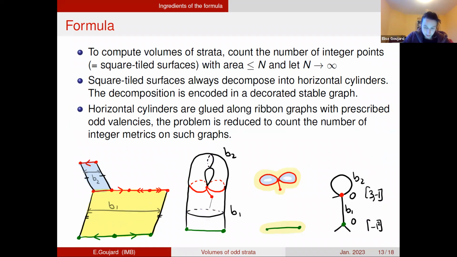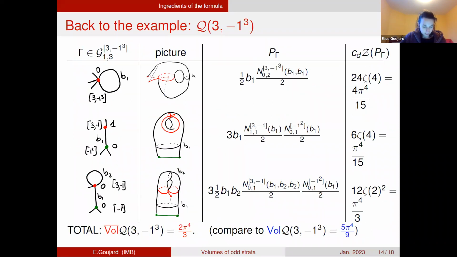Okay, let me finish, okay, with going back to the example, yes. Okay, sorry, it took me longer than I expected. Okay, so let me, yes, we've seen this example before. So let me just